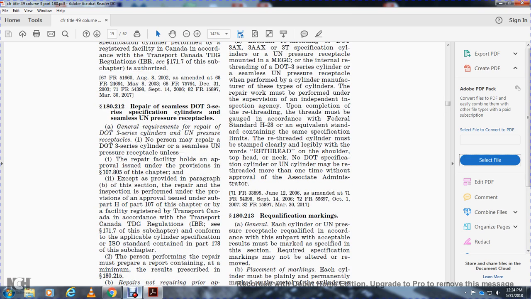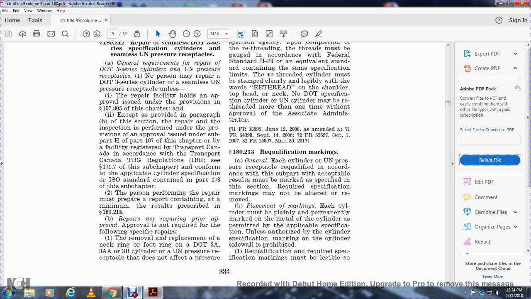The repair or inspection performed under the provision of the approval issued under subchapter part H of part 107 of the chapter, or of a facility registered with Transport Canada in accordance with the Transportation of Dangerous Goods Regulation, must conform to the applicable cylinder specification standard in part 178 subchapter. The person performing the repair must prepare a report containing, at a minimum, the results prescribed in 182.15. Repair not requiring prior approval: the approval does not require the following specific repair